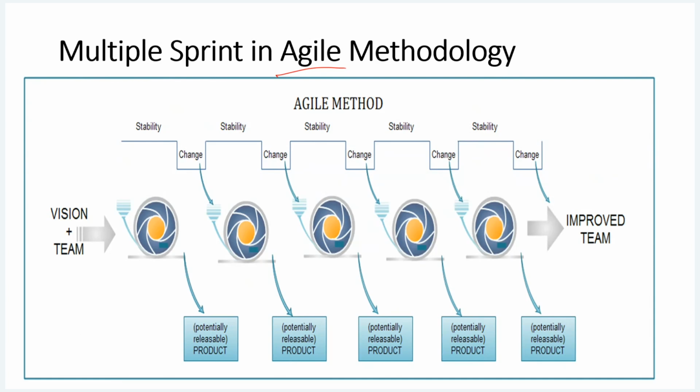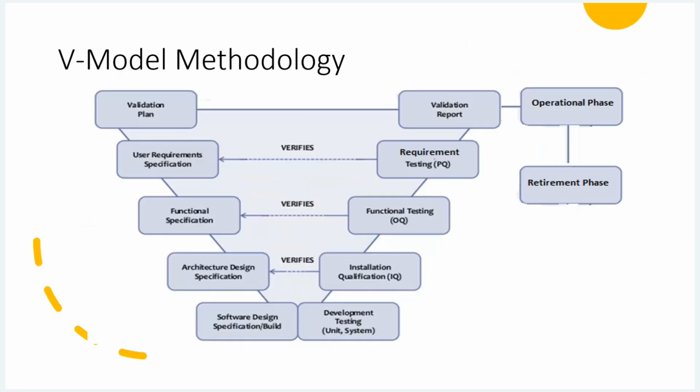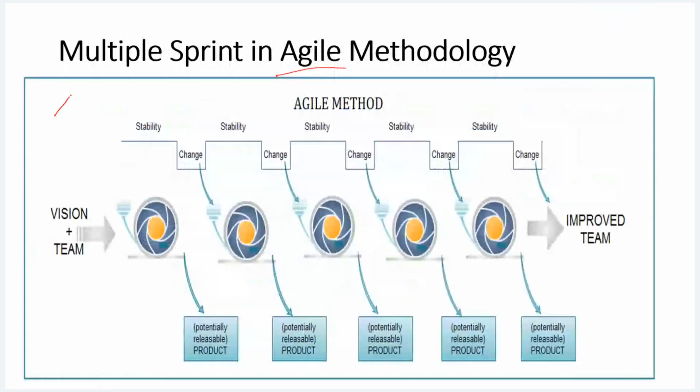But if someone says that they have clarity on all the requirements and want to follow agile, if you are clear with the requirement, always go and follow the V model. If you are 100% clear with the requirement, always follow the V model, because the V model is the most suitable model for validation. If you are not clear with the requirement, then you can go with the agile model, because you can change the requirement in agile. So that flexibility is there in the agile model.